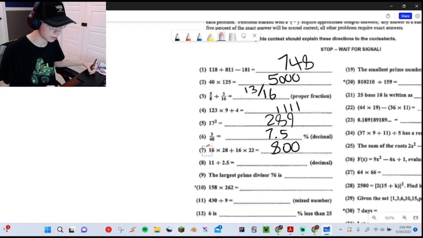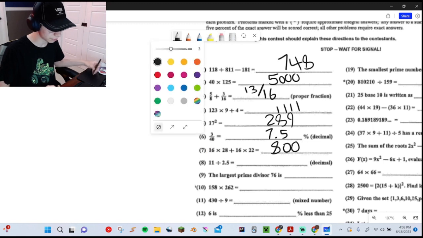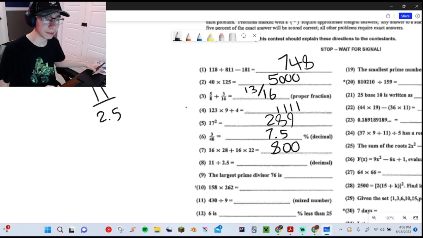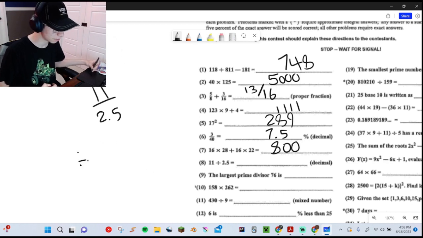Okay, so for number 8, we have 11 divided by 2.5. When you're dividing by 2.5, it's like you're multiplying by 0.4. And the reason is that dividing by 2.5 is the same as multiplying by 1 over 2.5,